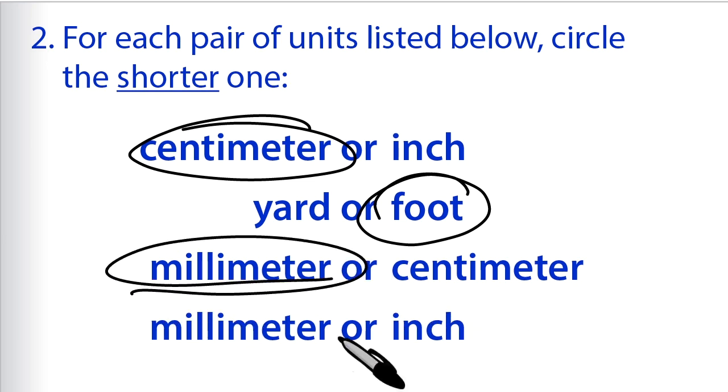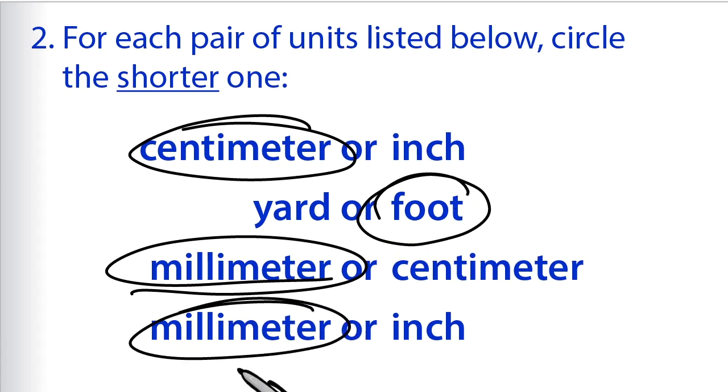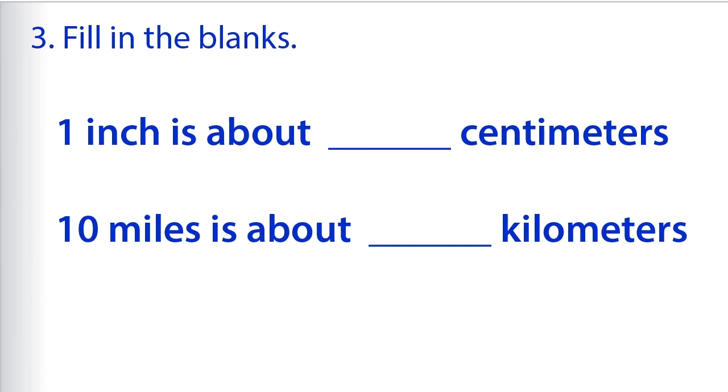Then we have a millimeter or an inch, and a millimeter is definitely smaller than an inch, because a centimeter is smaller than an inch, and a millimeter is smaller than a centimeter, so a millimeter is definitely smaller than an inch. For problem 3, we're told to fill in the blanks, and we have 1 inch is about blank